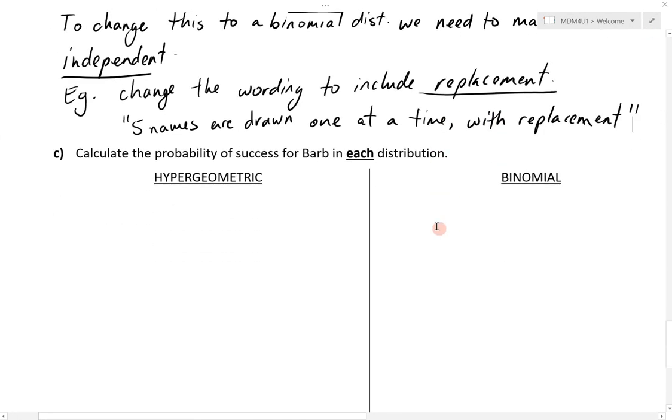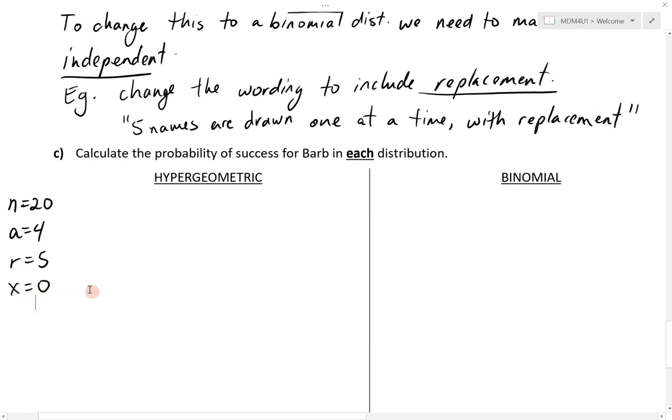So in a hypergeometric distribution, you have 20 names, and your population size is 20. 4 of them are successful. A is 4. R is equal to 5. You're drawing 5 names. And we're looking at the outcome of 0. And the reason why is because if you want to know the probability distribution of more than one success, that's a lot of probabilities to calculate. But if you use the indirect method, you just do 1 minus the probability of 0, which is just one